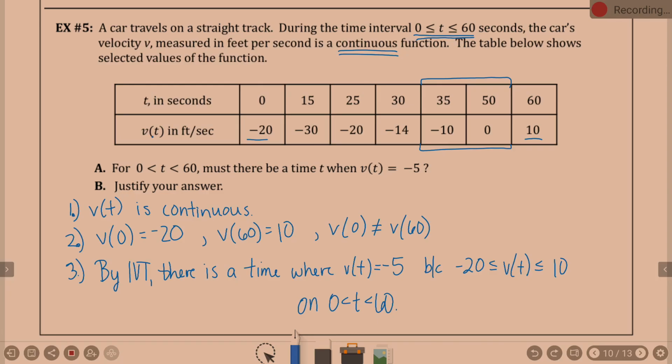Okay, question, Eli? Yeah. Okay. So let's say that we're trying to find v of t when it equals -30. So that'd be intervals of 0 to 25, but -20, -20 equal each other. So that would invalidate the second rule. Correct? Well, but